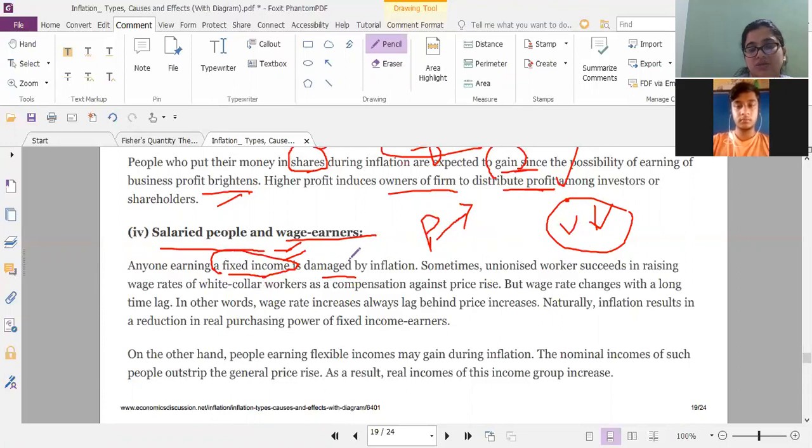Then they are at loss, like during inflation, because the prices are rising and the real value will decrease, right? So sometimes unionized worker